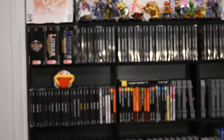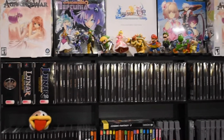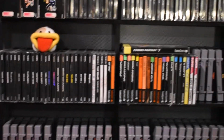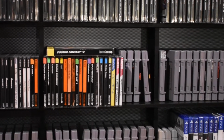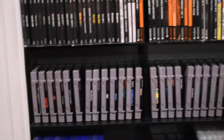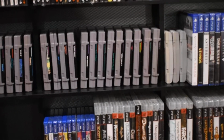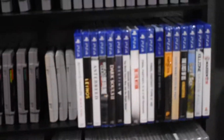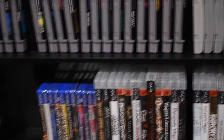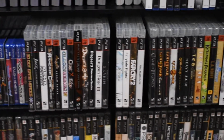Zoom in a little. Here are some collector editions. Top PS1 games, TurboGrafx 16, and some other random disc games, my Super Nintendo carts. Continue down over here, and we have PS4, followed by Vita, PS3,